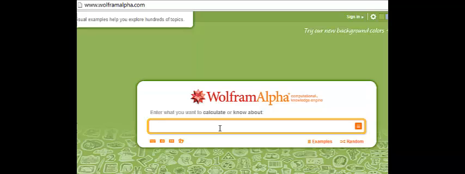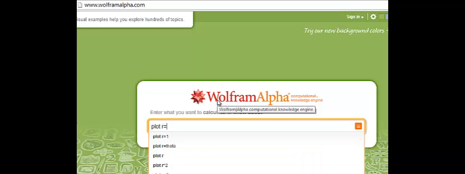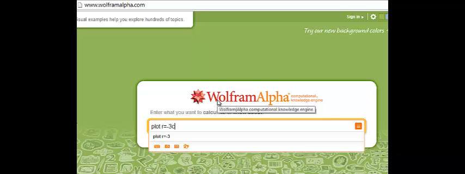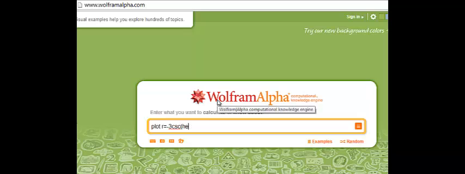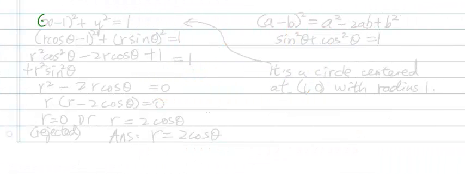We use Wolfram Alpha to check our answer again. We type in plot r equals negative 3 cosecant of theta. It is the line negative y equals 3 or y equals negative 3. Our answer is correct. We want to convert the equation x minus 1 squared plus y squared equals 1 into